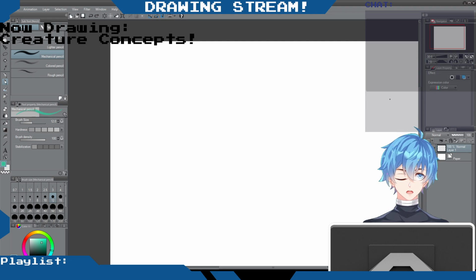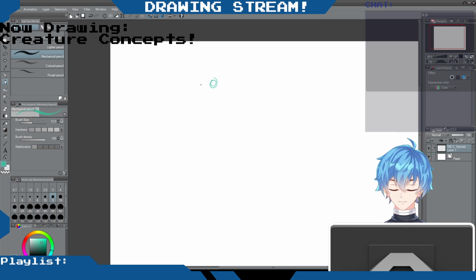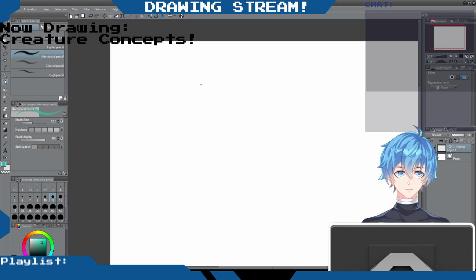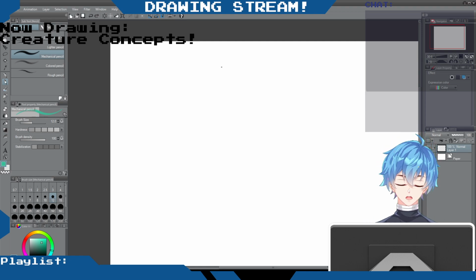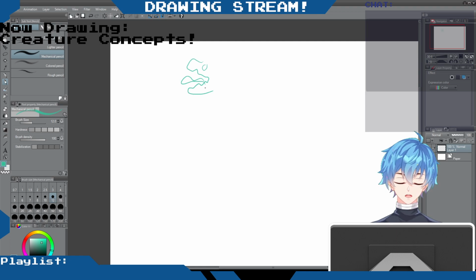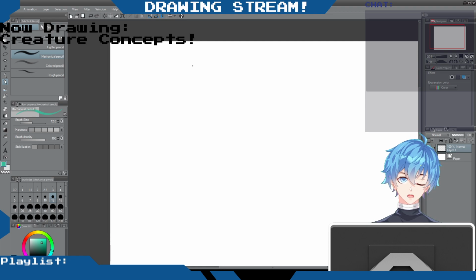I've prepared a blank file here. There's nothing in this one. But different from what we've done in the past where I've just started sketching things, I want to have a series of steps that I use in fleshing out the design. I don't think I'm going to render and color anything today, but rather than just sketching a head and moving on, I want to start with a concept for a body type or a rough pose, then try and flesh out the main design starting with the head,